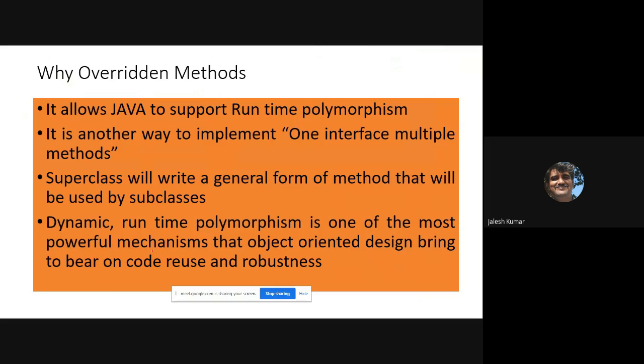Now, the superclass writes a general form of a method that will be used by subclasses according to their requirement. Dynamic runtime polymorphism is one of the most powerful mechanisms that object-oriented design brings to bear on code reuse and robustness. Inheritance means reusability, and along with that, polymorphism adds more robustness in the code.